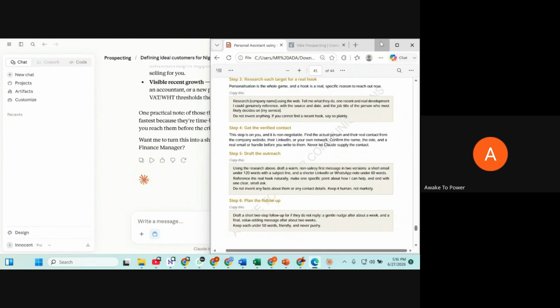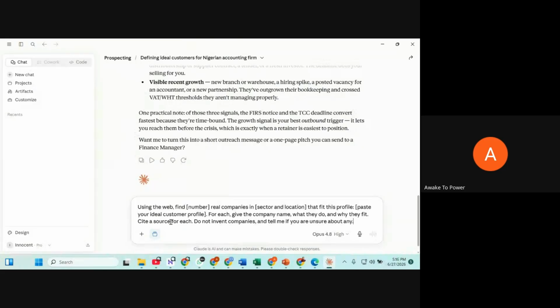So let us just use that. So we said using the web, find how many real companies are we looking for? Let's say 10. Let's make it short. 10 real companies in FMCG sector. Let's use Lagos. Fast moving consumer goods in Lagos that fits